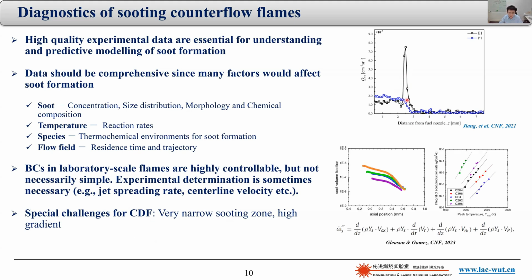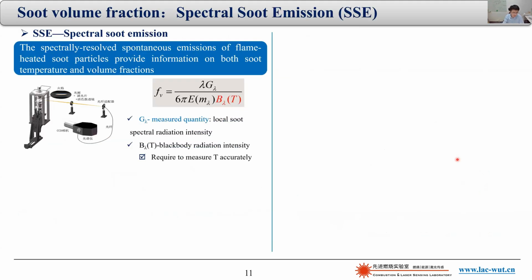And in this 500 microns, you need high spatial resolution to resolve the soot volume fraction in space, because without that you cannot get the many interesting parameters you want to measure. For example, soot production rate is actually the derivative of this profile, and this is a 500 micron region, so you can imagine that there are quite some challenges for measuring this accurately. So in this talk, I will first discuss soot volume fraction measurement.